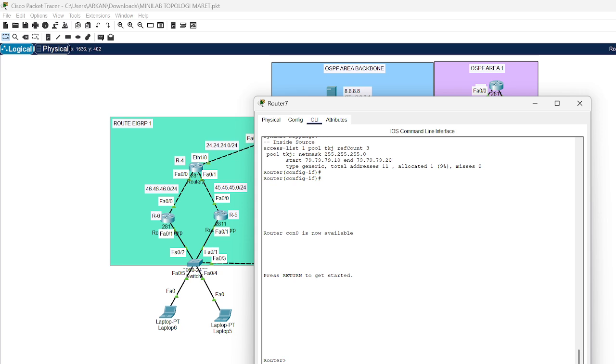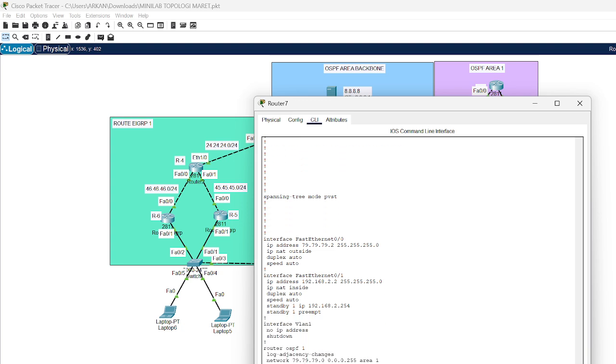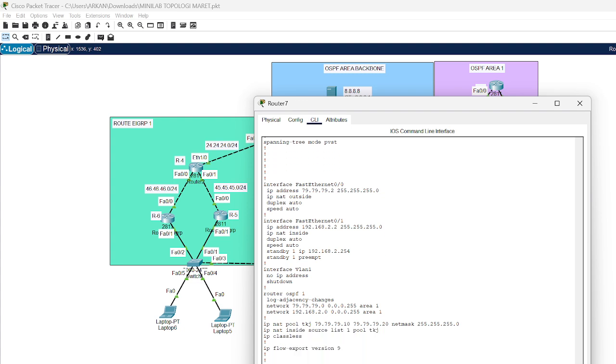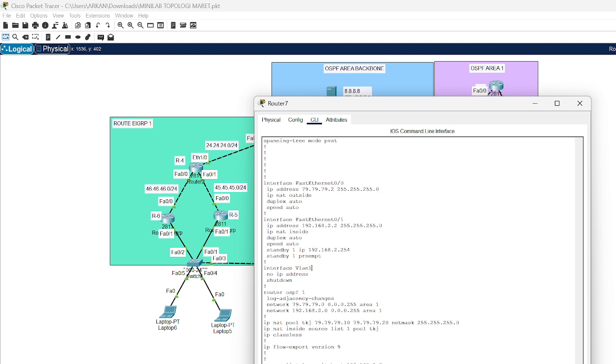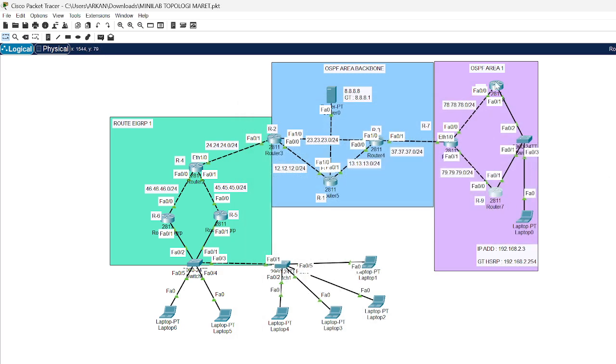Yeah, do show run. Yeah, you can see I make this. Network ready. Network is 79 area 1. Yeah, this is the configuration in this router 9.